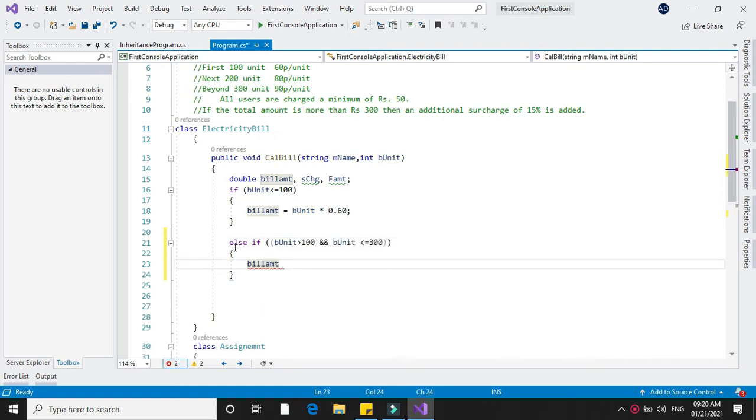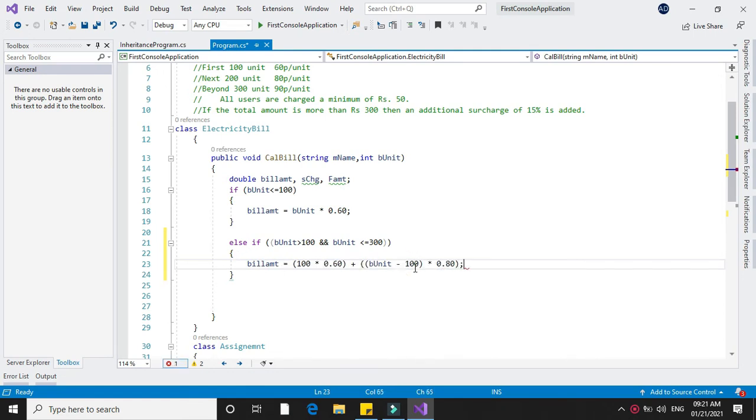If this condition is true, then bill amount equal to, for first 100 units it will be into 0.60, since first 100 unit rate is 60 paisa, and in addition to it we will calculate for next 200. So total bill unit minus 100 into 80 paisa.